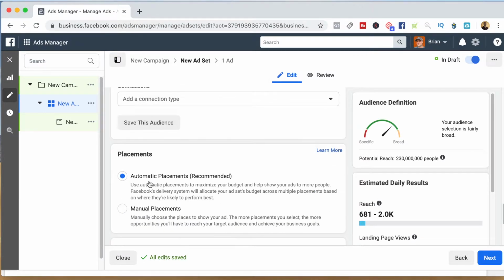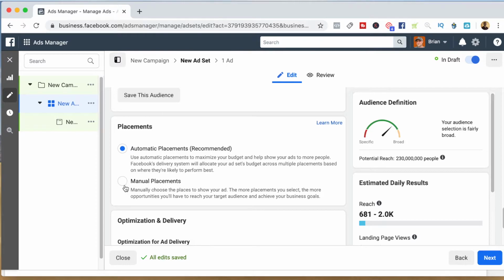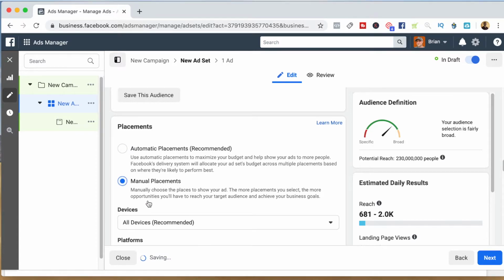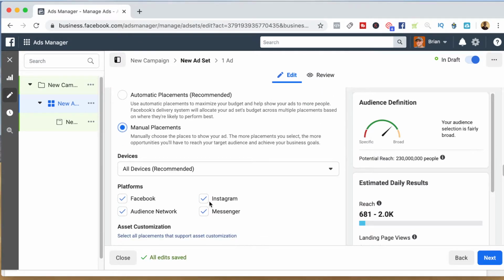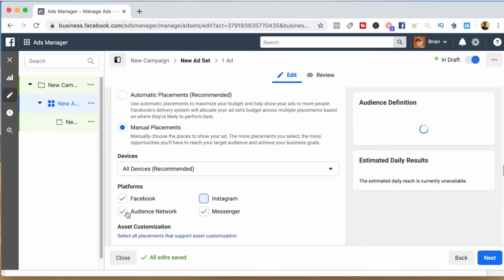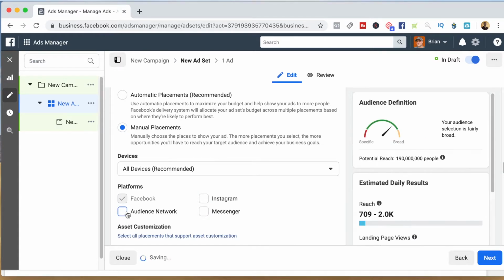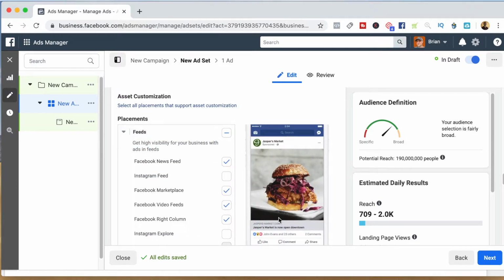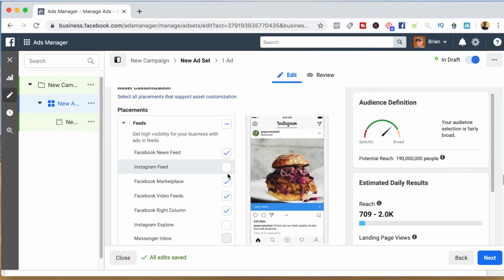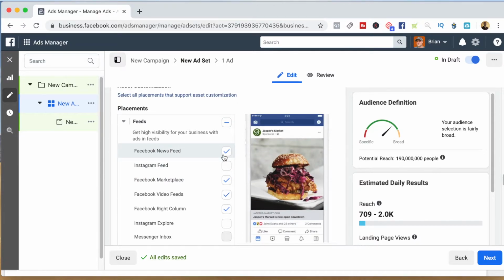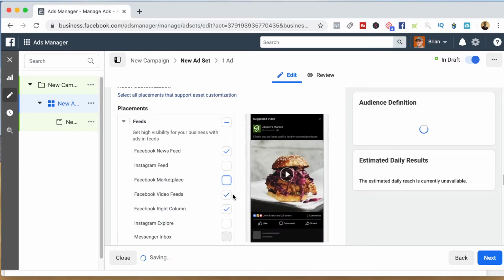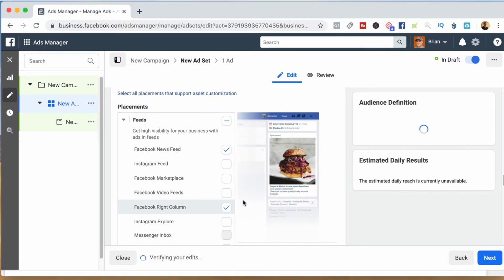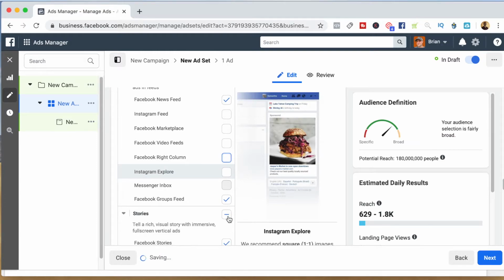Down here, placements, you can use the automatic placements, or you can do manual placements, and that's probably recommended in this case because really we know this is performing well on Facebook, so we probably only want to quote unquote boost this post or promote this post on Facebook, right? And then down here in the asset customization, maybe we only want this in the actual news feeds, right? Because we know it's performing well in Facebook news feeds. So we probably don't want it in the marketplace. We probably don't want it in the video feeds, and we probably definitely don't want it on the right column. So we want to get rid of all of those other